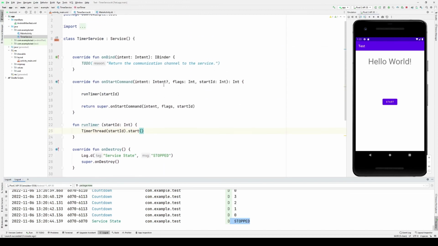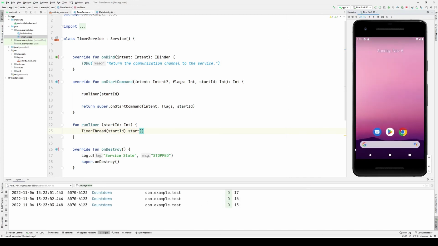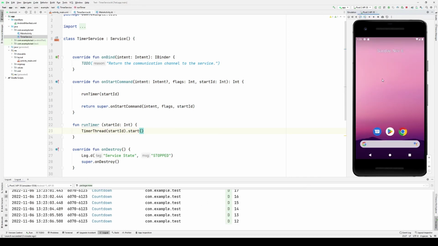But as we can see, the service class itself is extremely useful because I am able to keep an operation running even if the activity that's running that operation is no longer in memory. Again, because this is a thread, even if I put this in an activity, it would still work. But this is essentially the basics of calling startService on a service, and that invokes onStartCommand. Next, we're going to look at how we use a service that we can bind to, to have communication going both ways.